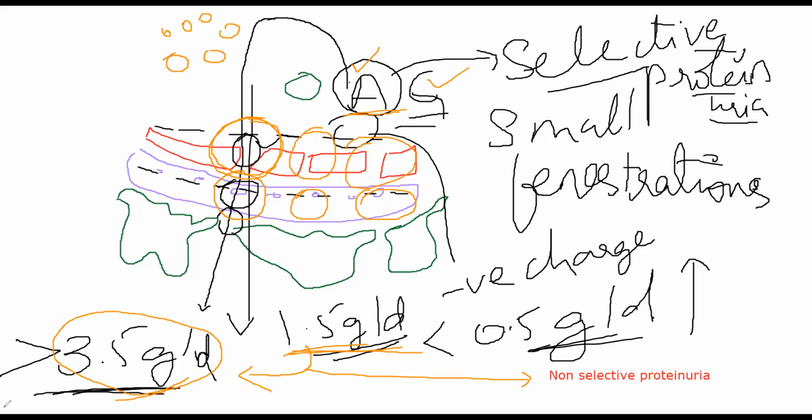ये कब होता? दो कंडीशंस में हो सकता. It can be either selective or non-selective. ठीक है? Non-selective कैसा रहता? Obviously, albumin and globulin both are being lost in large amounts. Then you will have heavy protein loss. Second way, ठीक है, I hope you guys are following along. यहाँ पर second way, let's suppose छोटा ही hole है, which is only allowing albumin but is not allowing globulin. ठीक है, this is a very small hole through which only albumin can go.